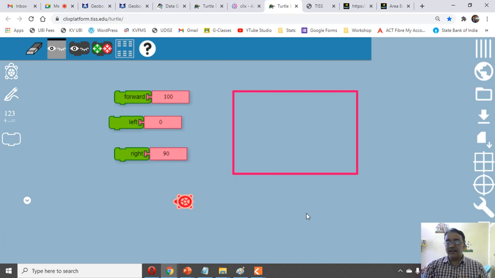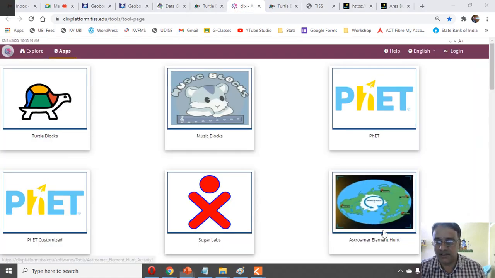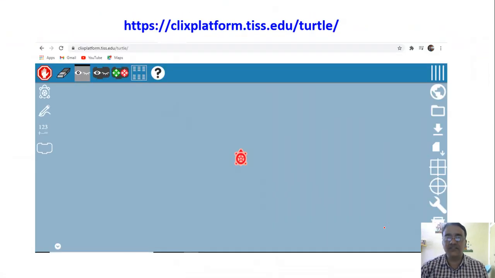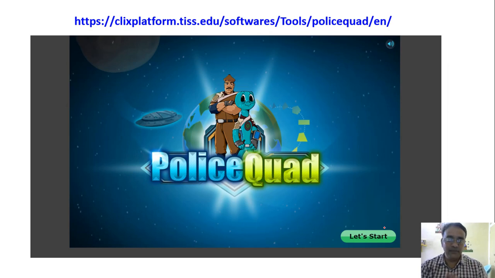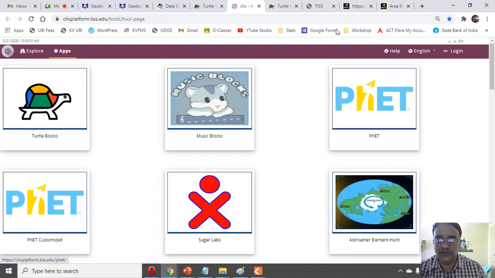Like that, we can draw any shape. We can draw even an equilateral triangle also by using this turtle, by taking a right turn or left turn as per your requirement. Okay, so this is the demonstration of Turtle Blocks. Now let us move towards the next one, that is the game part. So how this game is used to teach the different types of polygon, that I'm going to demonstrate.